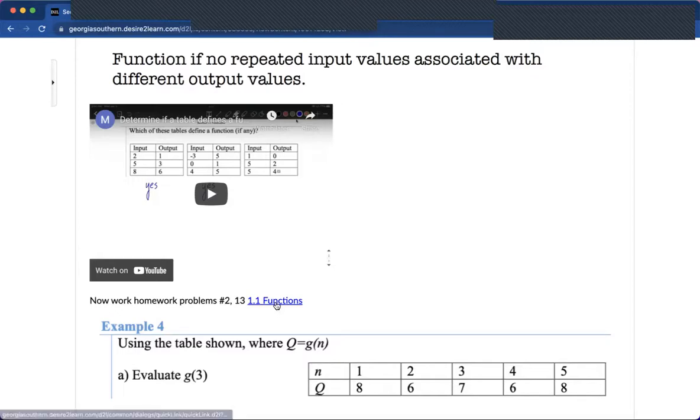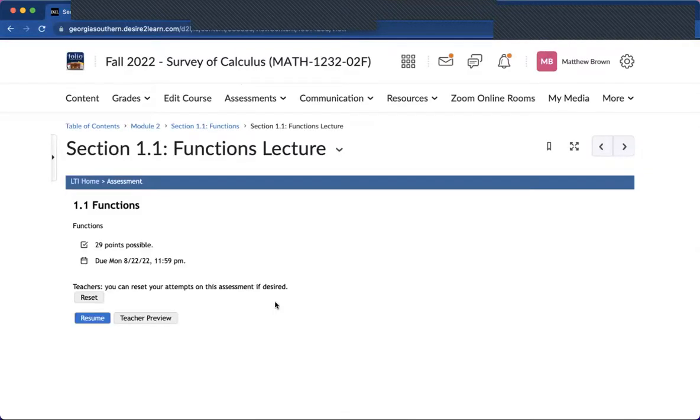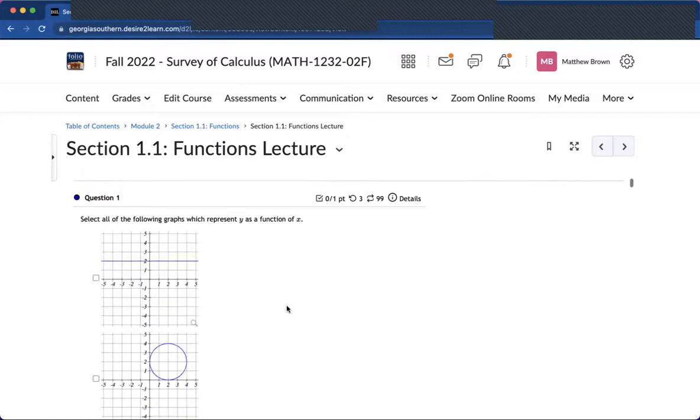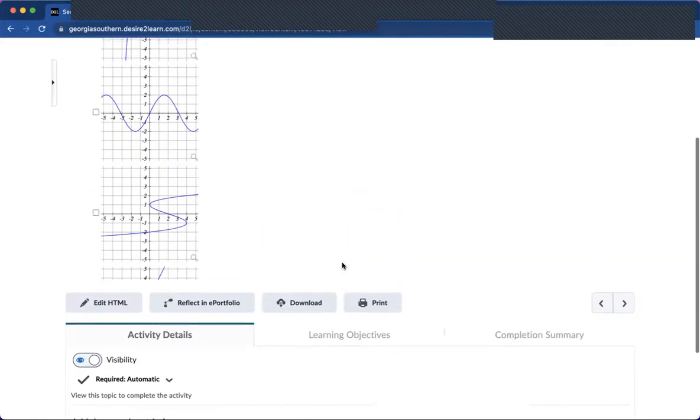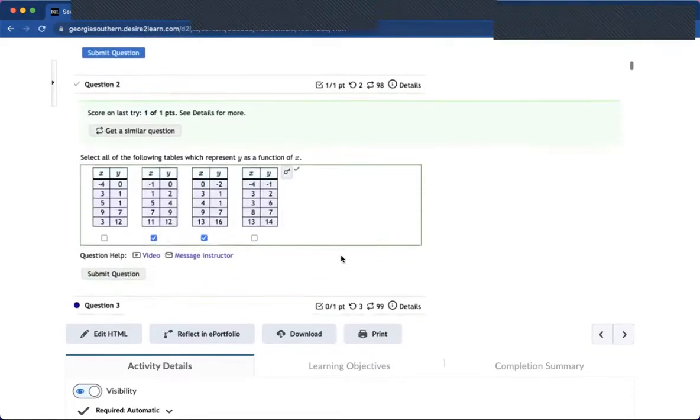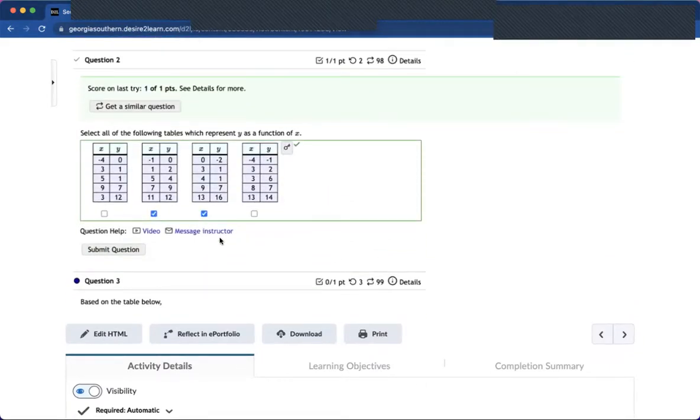This link, 1.1 functions, will bring us to your homework. So I went ahead and clicked on that. I'm doing it in the teacher preview. And what did we say? It was numbers 2 and 13. Yours will look slightly different than this as I'm in the teacher preview. But you can see that we have a very similar example going on here on number 2